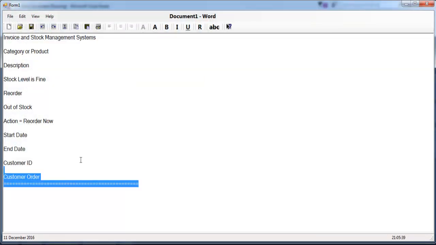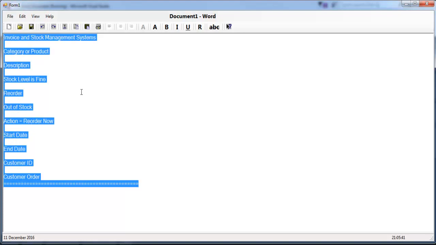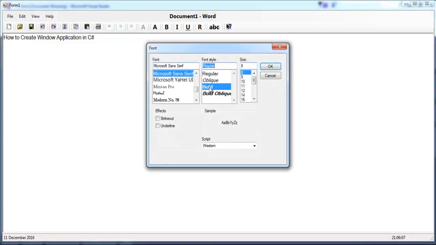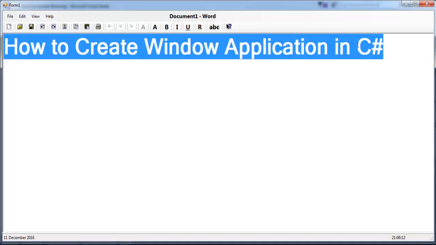Okay, we can type in there as well: how to create window application in C#. We can increase the font size: edit, select it all, come to view, increase font size there. Okay,